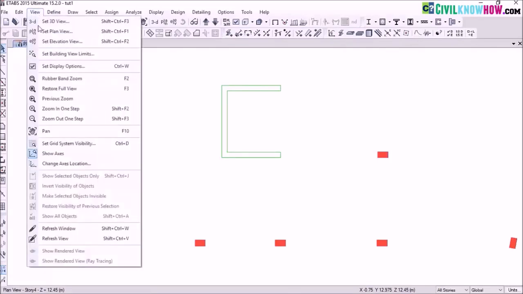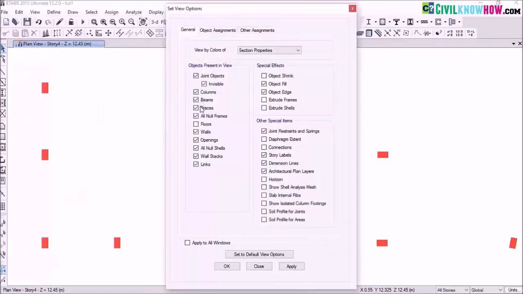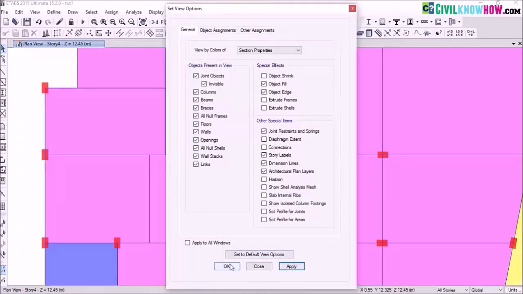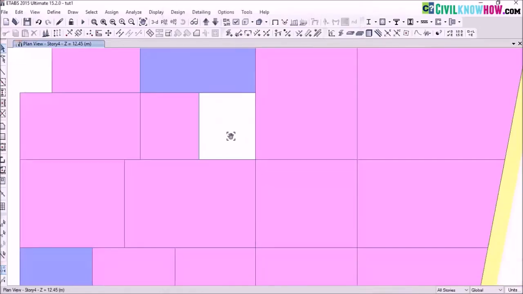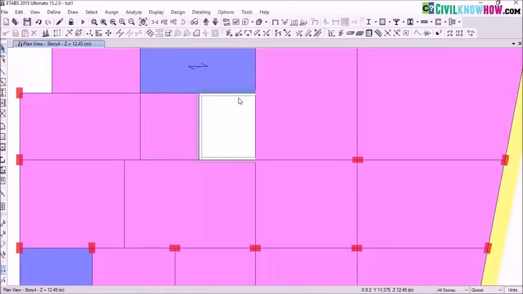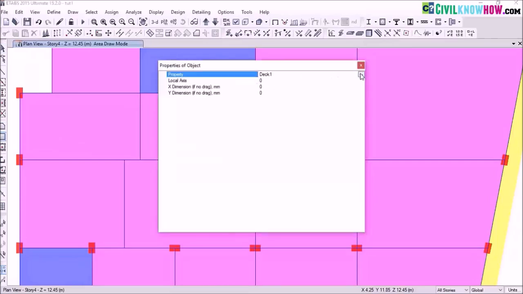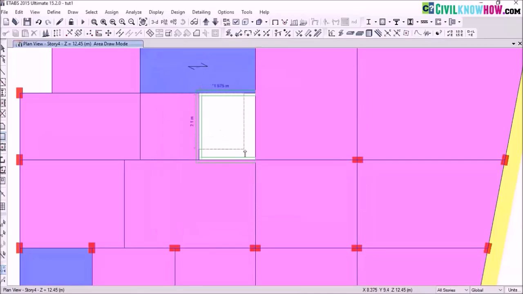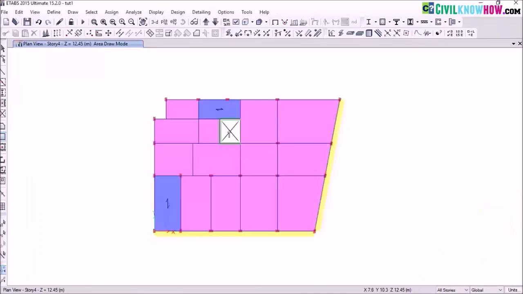So let me go to the previous view. I need to open my beams and floors. So here I need to define this area as an open space. It's not a necessary step, but still there is an option. So let's try it out. We select the property of opening and we assign here. So here I have assigned an opening between the retaining walls,